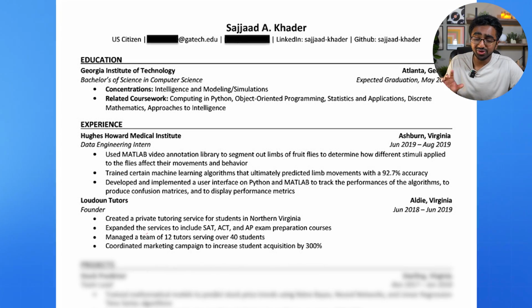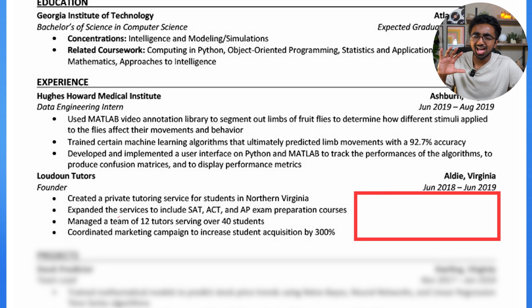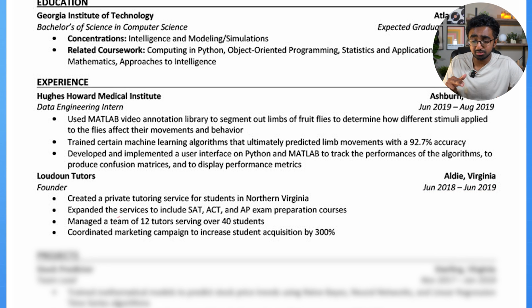The one regret that I have with this section is on the right-hand side of the tutoring experience, I have a lot of white space. I pretty much have hanging indents, like each one of these bullet points are not really complete sentences. They don't actually fill up a line like they did with the internship experience. And so it just seems like an incomplete experience,